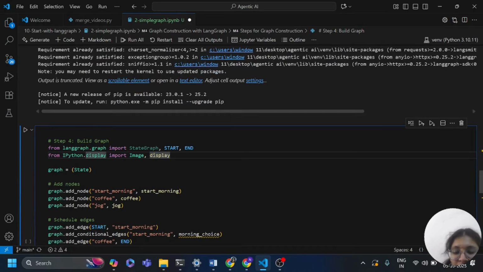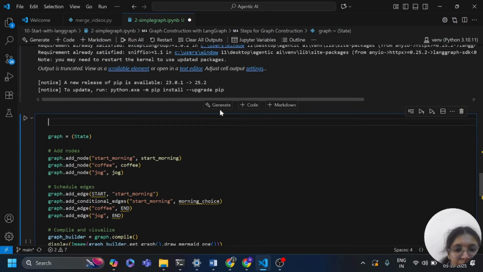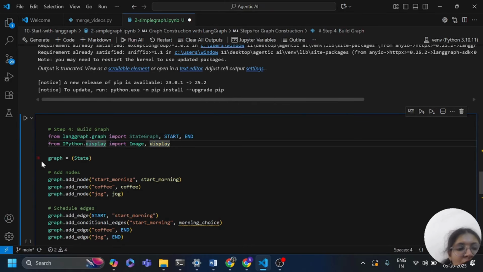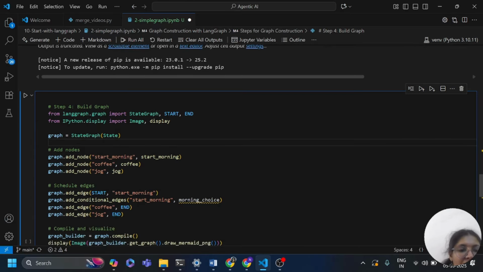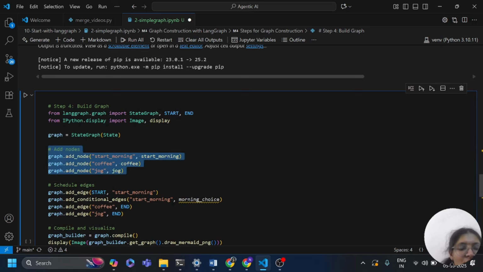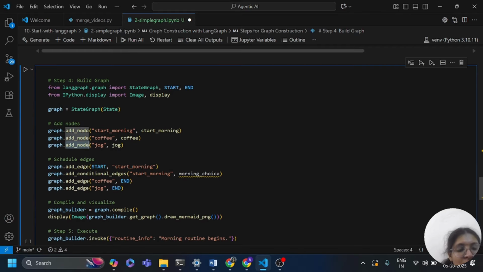Okay, so graph equals StateGraph. And here I'm going to add nodes. So our nodes: graph.add_node start morning, and graph.add_node another node, coffee, and graph.add_node job. Okay, so here we can add edges. So graph.add_edge